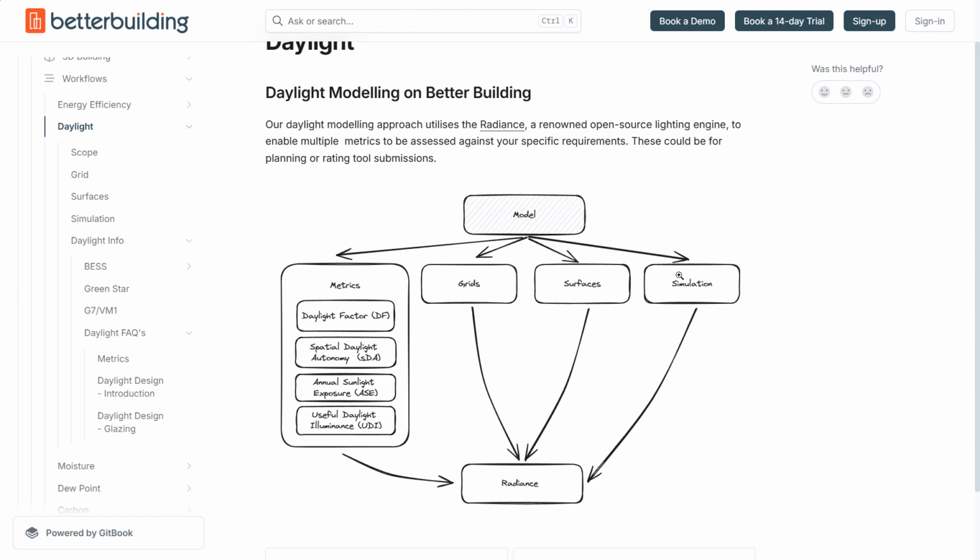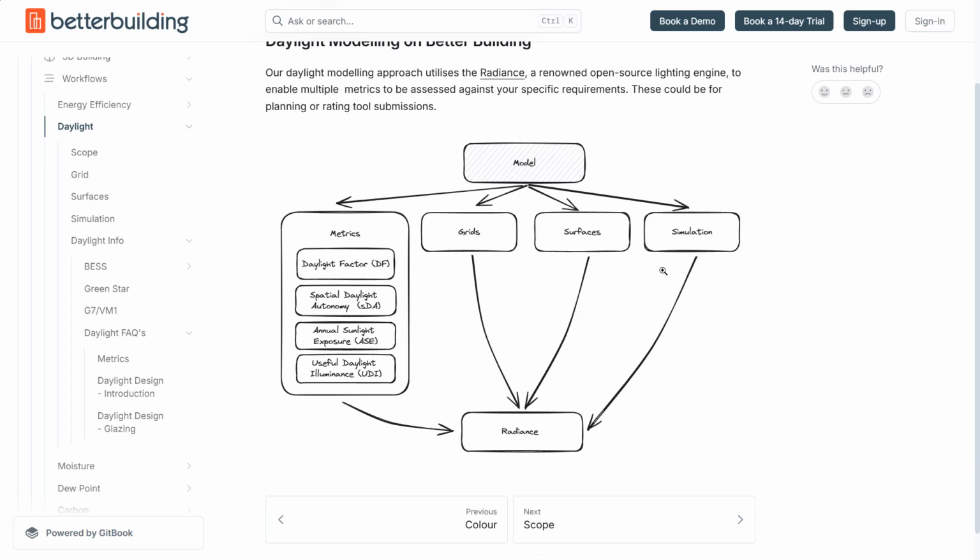You build a set of zones that accumulate to be your overall geometry, and you decide that you're going to run a metric against those zones. So what metrics do we have? Over here, this is just a very, very quick summary. So we've got the daylight factor, DF, spatial daylight autonomy, sDA, annual sunlight exposure, ASE, and the useful daylight illuminance,